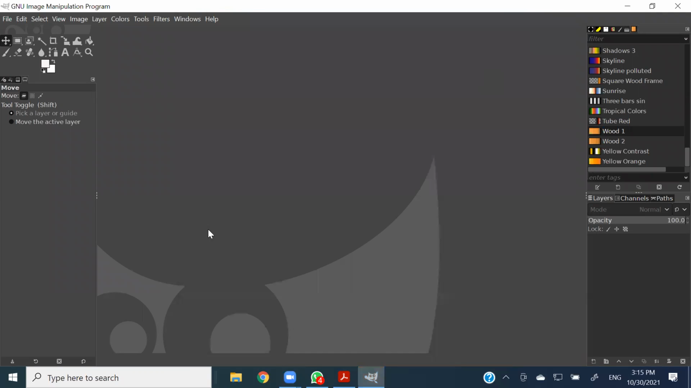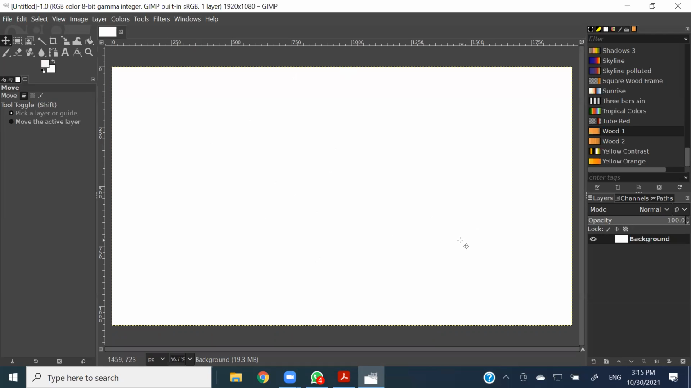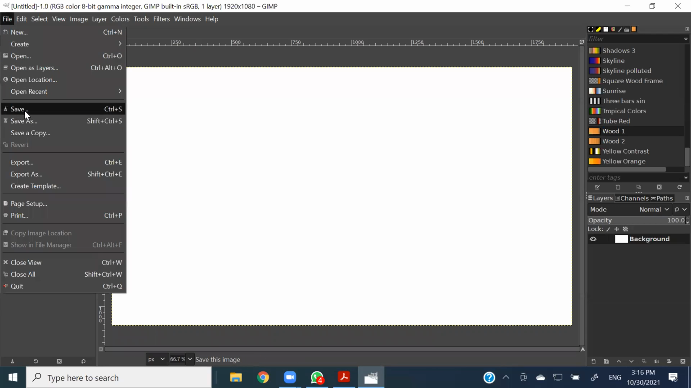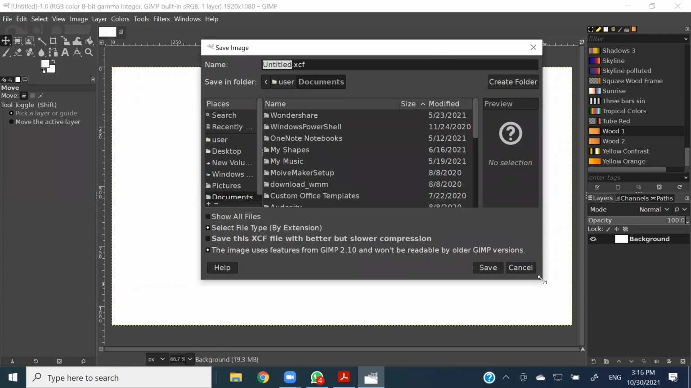Okay, now what I'm showing you is the GIMP. This is the photo editing software or the graphic editing software that we are going to learn in grade 11 under the multimedia lesson. So I can take a new file and do all the editings over here. Then when I go and save this, see this window here,